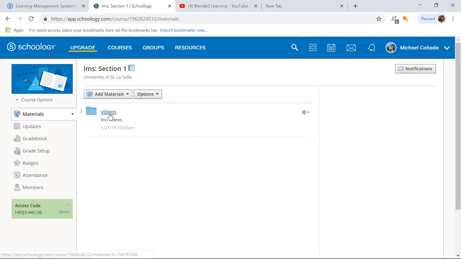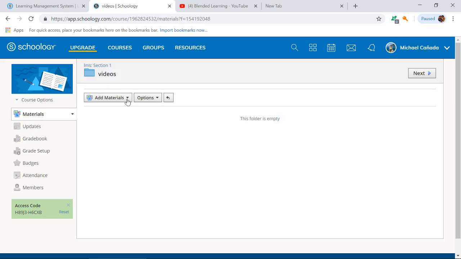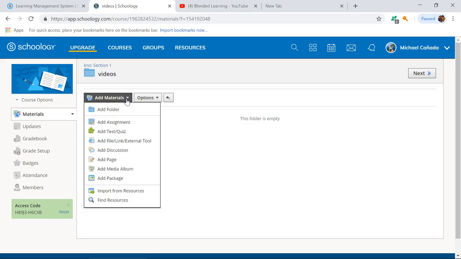So if you click this folder, let's get inside the folder. In here, we're going to again add some materials, and since this folder is on videos, the materials that I'm going to add would be videos. There are two kinds of videos that you could add in this folder. You could add videos coming from your own collection, or you could add videos coming from links or coming from other applications. So let me show you how to add